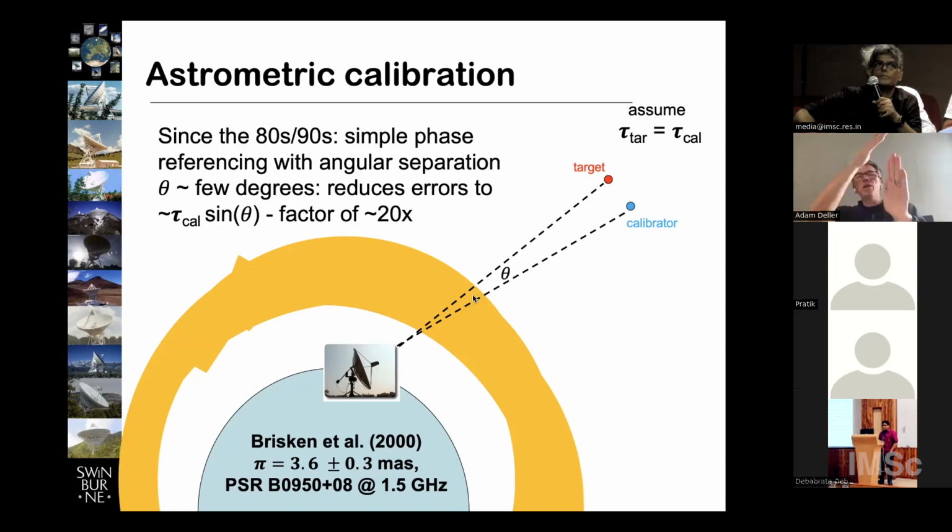If we can observe over a wide bandwidth and see the change in apparent delay as a function of frequency, we can say, well, the source isn't moving on the sky as a function of frequency. I know that for sure. So that must just be the ionosphere. And if I can fit that and take it out, then it's gone. And it's gone actually right in the direction of the source.